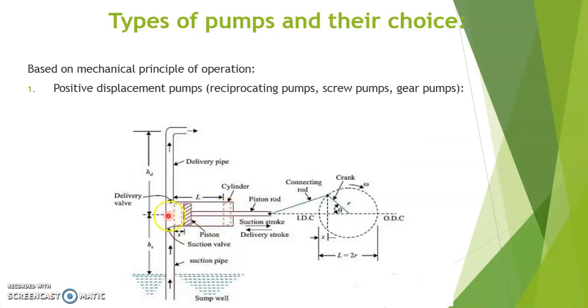Whatever the movement of this piston, correspondingly the water will start to rise. If we want to lift the water up to a head h, and the length L of the piston is not sufficient to lift up to height h, then we apply an additional chamber. So there may be a single chamber or two chambers, on the basis of what head we require, what amount of lift we require.